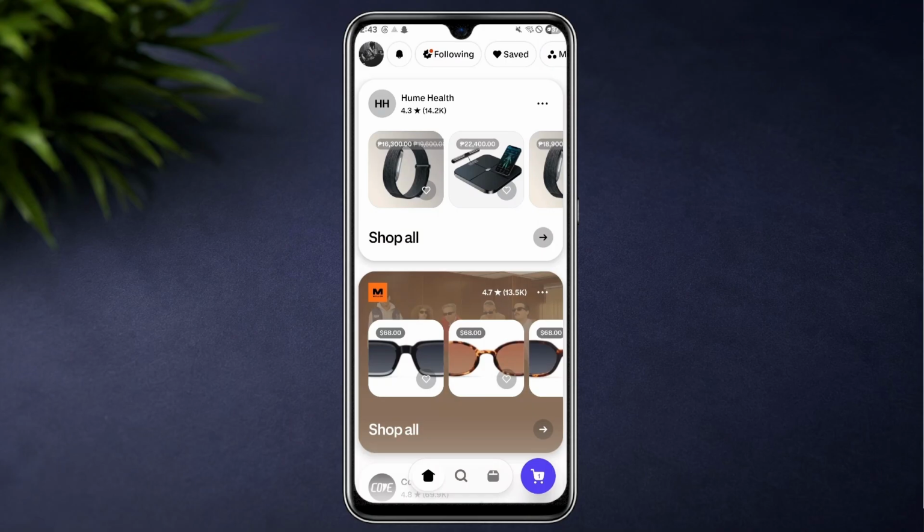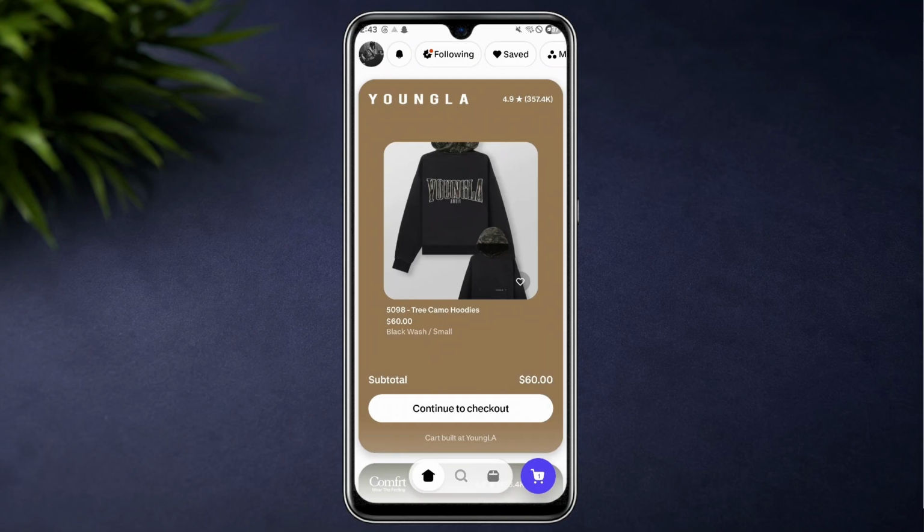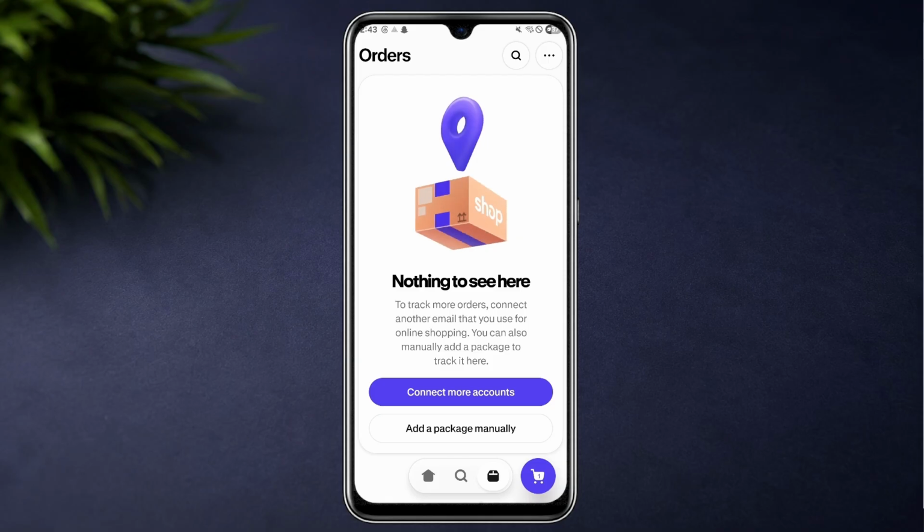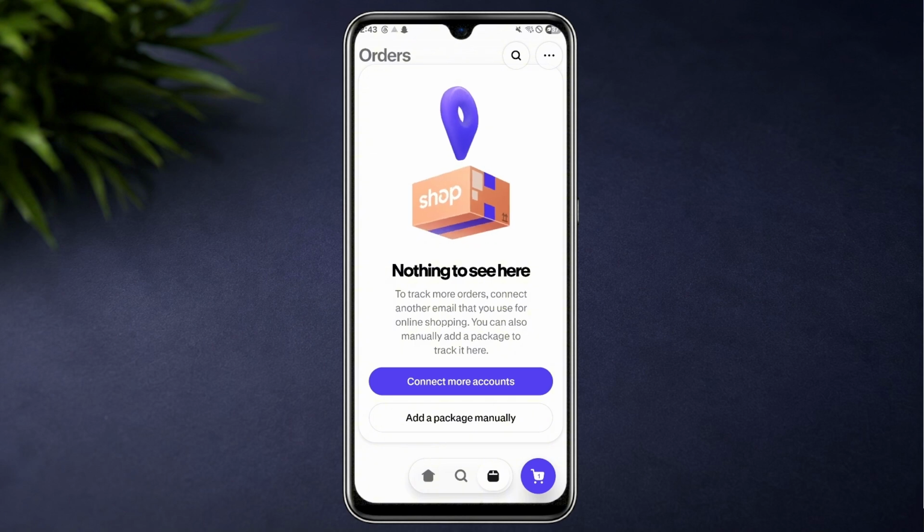On the home screen of the application, you should see three options right here, such as the home tab, the search, and then the last option right here is the tool that you can track your order or follow the process of your purchase. Again, you can only cancel your order on Shop app if the item has not been